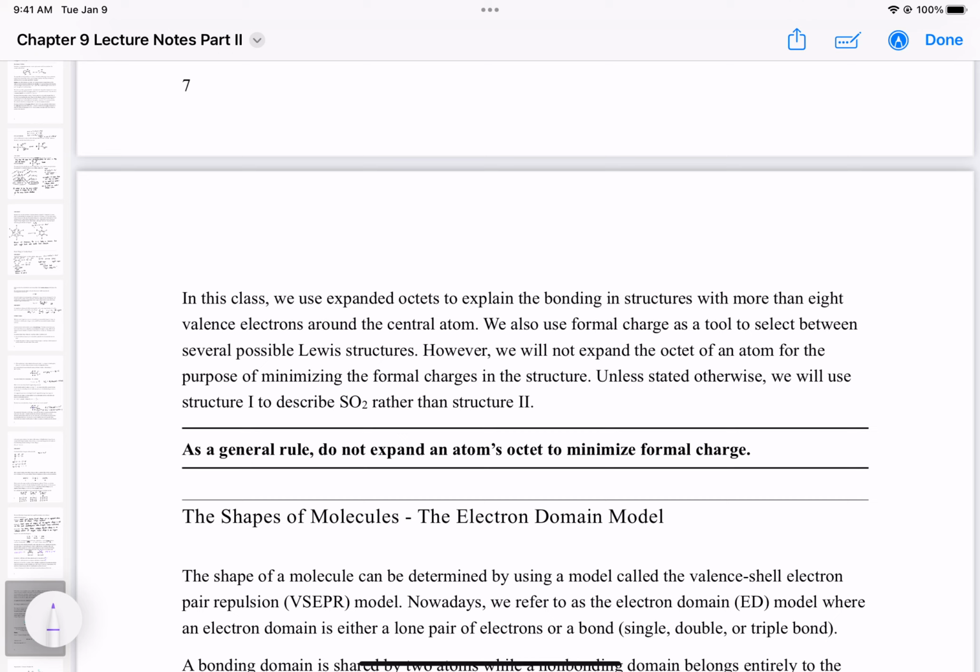And then to determine how many bonds we draw, we use formal charge as a tool to determine which is the best Lewis structure. But in this class, we should not expand the octet for an atom for the only purpose of minimizing the formal charge. So for example, if you expand the octet to go from +1 to 0 in the case of sulfur that we just looked at, you should not do that, but I won't